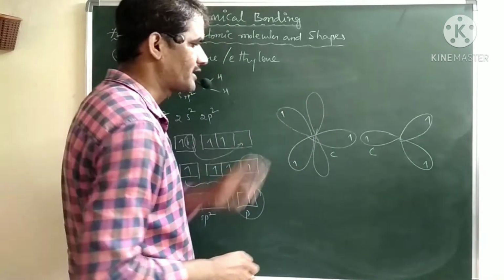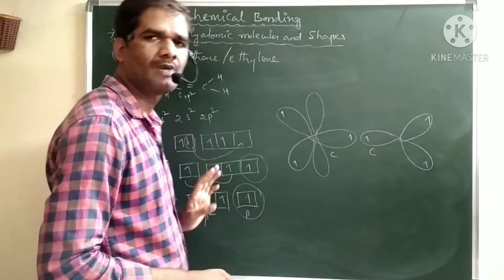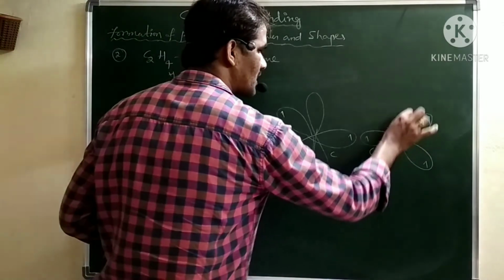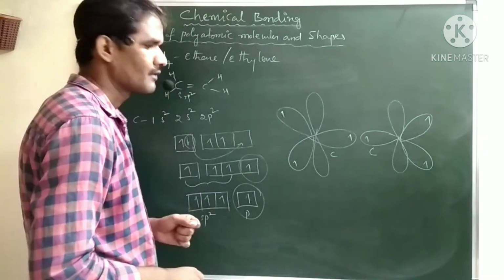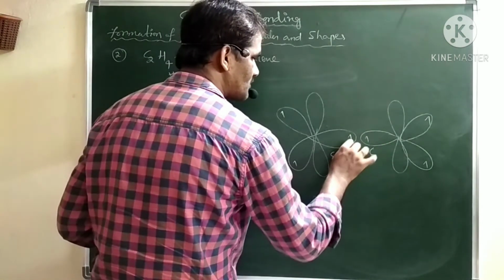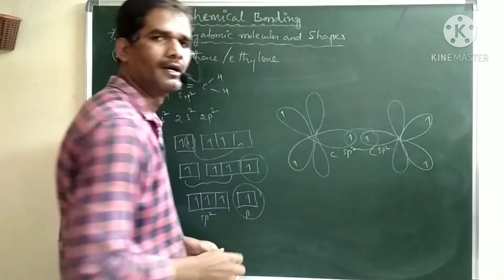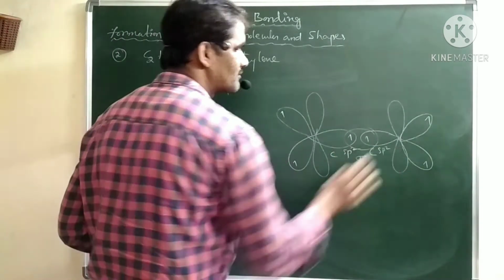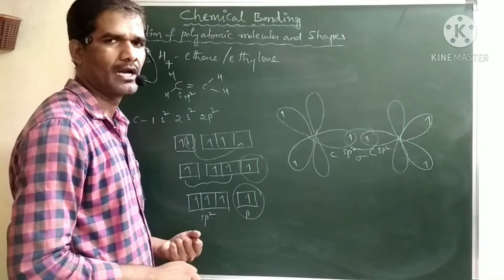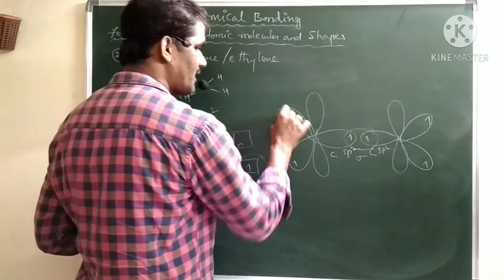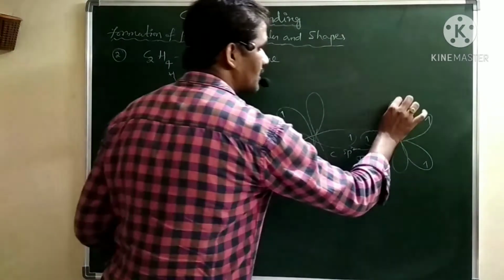Generally atomic orbitals contain 2 equal lobes, whereas hybrid orbitals contain one bigger lobe and one smaller lobe. Similarly this carbon also has one atomic orbital with 2 equal lobes. Now this sp2 hybrid orbital and this sp2 hybrid orbital first undergo the formation of a sigma bond. So there is a carbon-carbon sigma bond between the 2 carbon atoms due to the overlapping of sp2 hybrid orbitals. Next, the remaining 2 sp2 hybrid orbitals of one carbon and the other carbon.